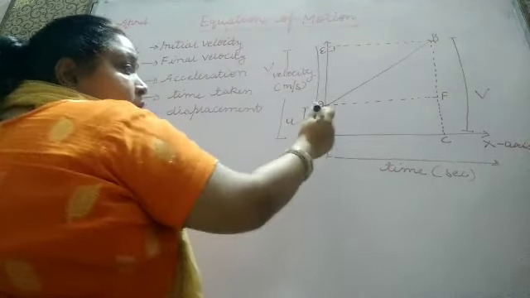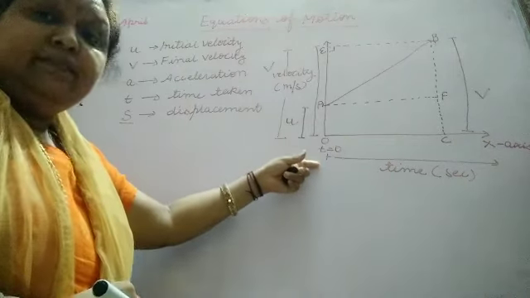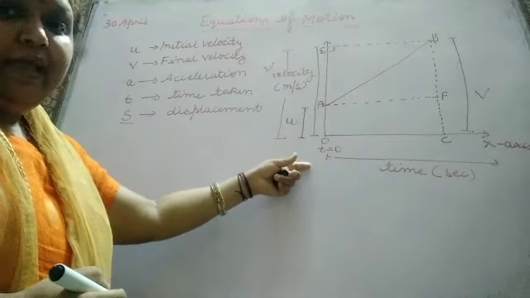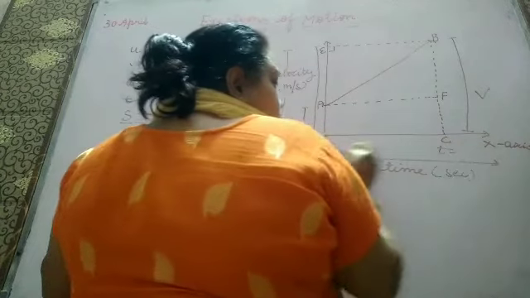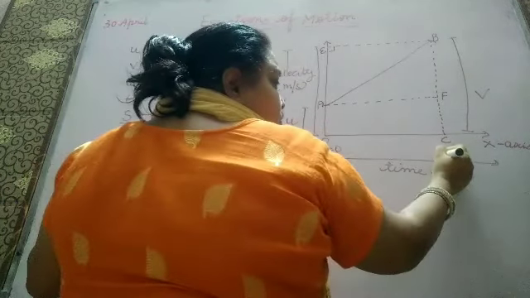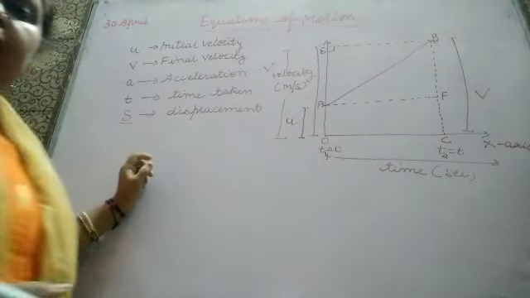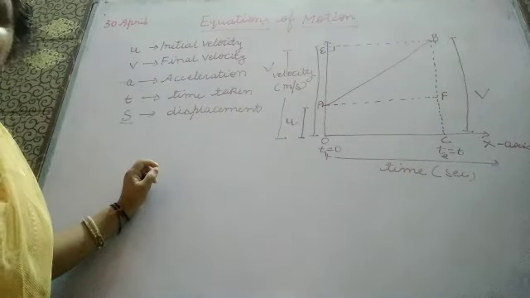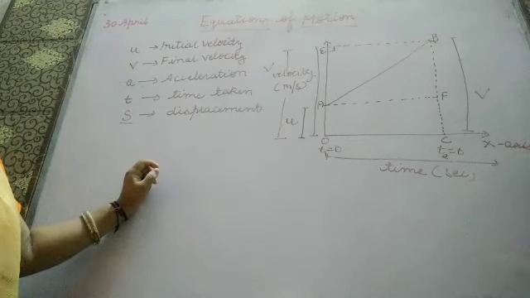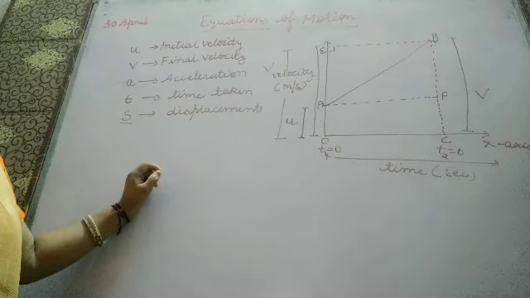Then here the time is 0. When the object has not started, the time we will take as 0. And here the time will be T1 and T2. Then the time will be T here. Okay? Is this clear to you? I am repeating once again that we have taken one velocity time graph of an object that moves under uniform acceleration. Okay?